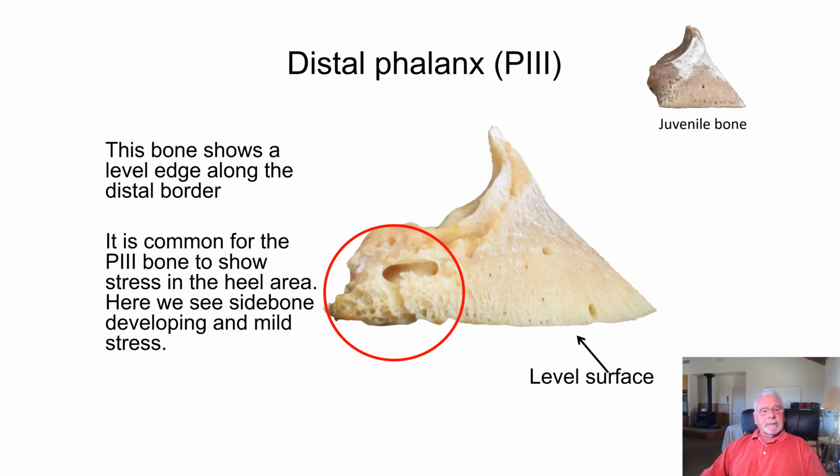Another area is the heel area of the distal phalanx, and we can see that it's remodeling. If we look up into the right-hand corner, we can see a juvenile bone, or a very young bone. Starting on the end of this bone would be ungual cartilage. It moves out, wraps around, and comes back to attach to bone. And if you notice, this is clean, where our example has a lot of developing tissue due to stress to